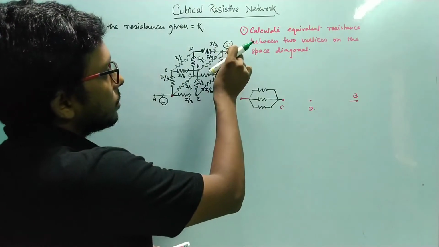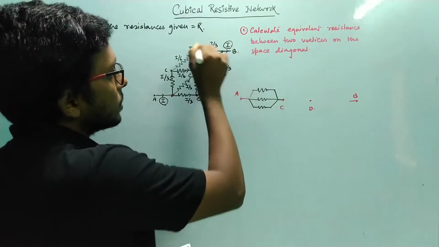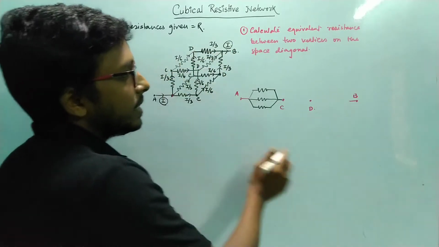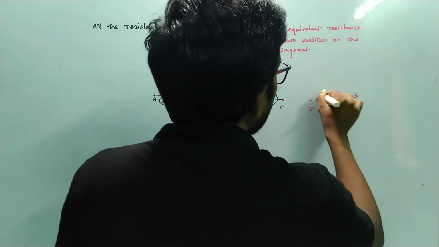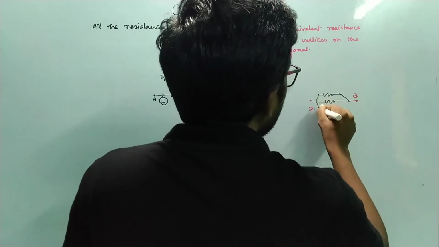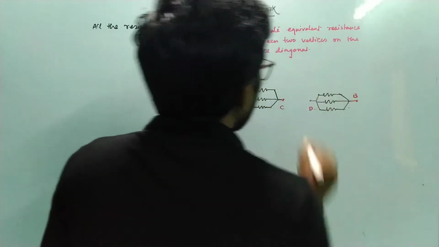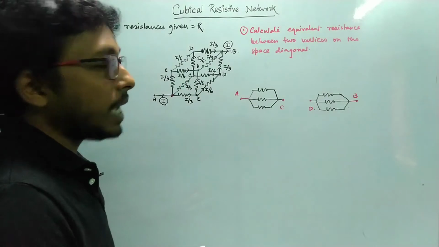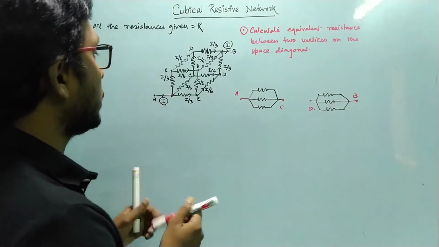Similarly, these 3 resistances are starting from B and ending at D. So I also can draw like,